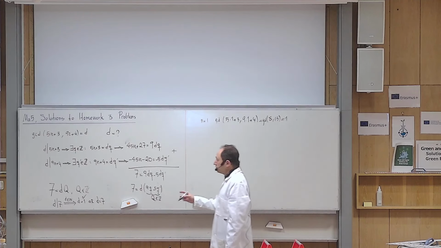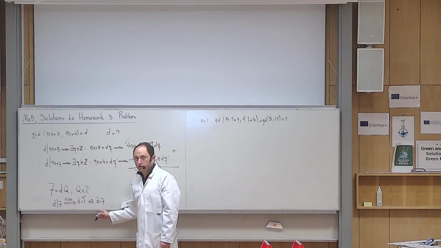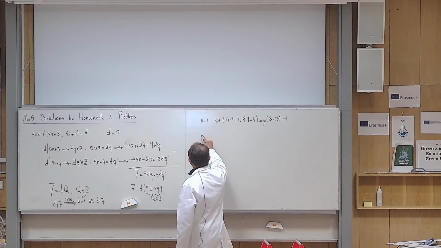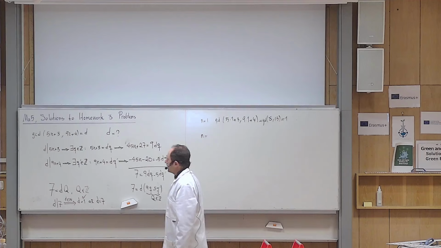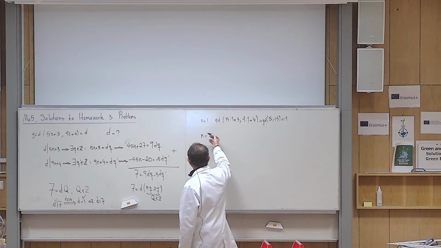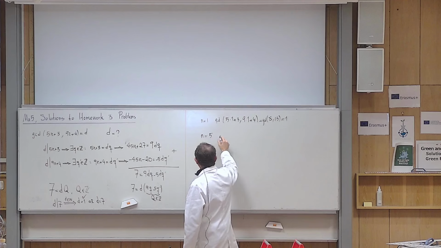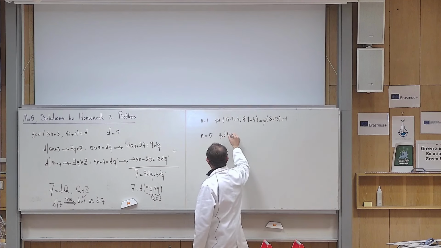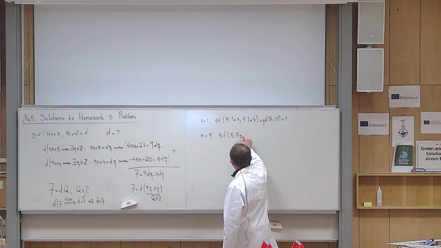But I should also make sure that 7 is indeed realizable. How do I do that? I have to bring an example. For example, let me choose n to be 5. I want to make sure that this works. If I put 5 there instead of n,